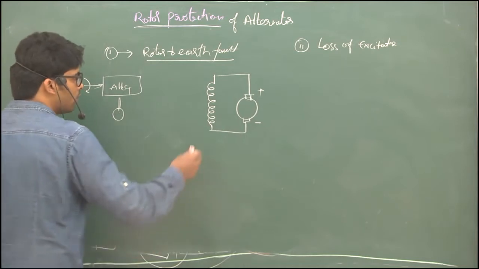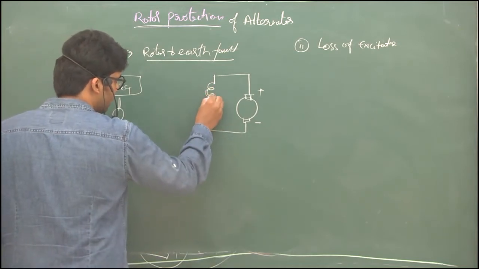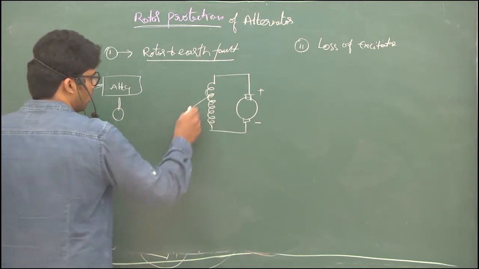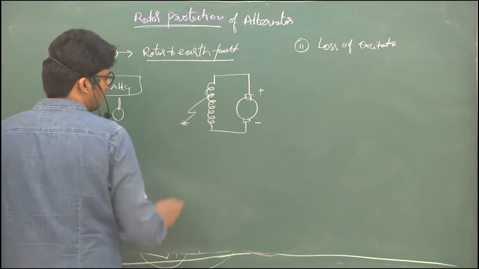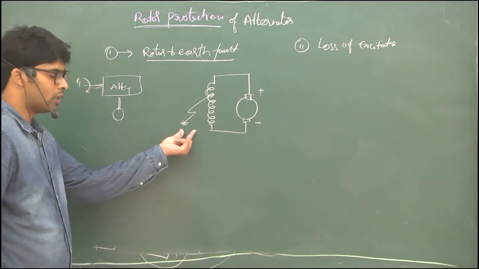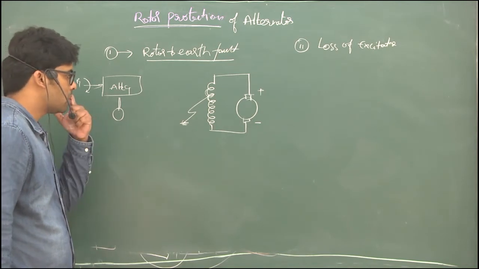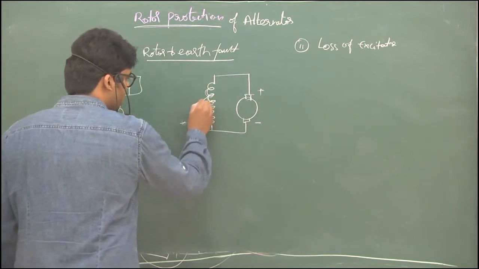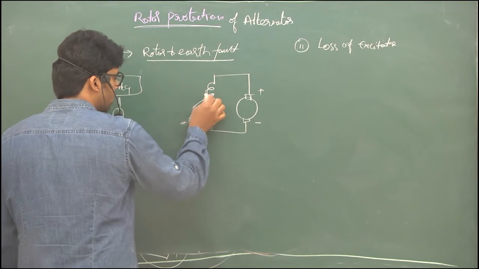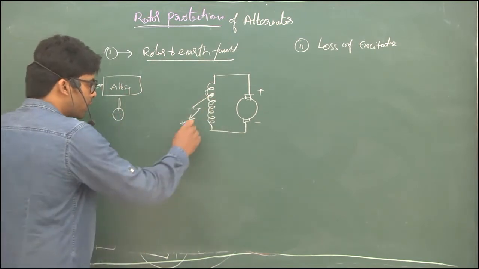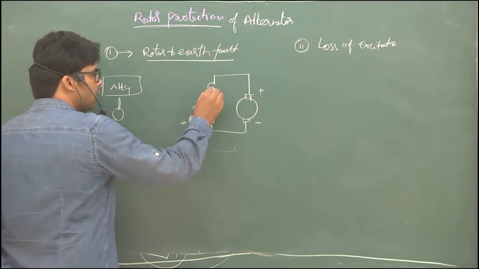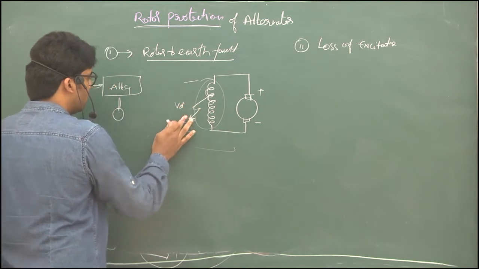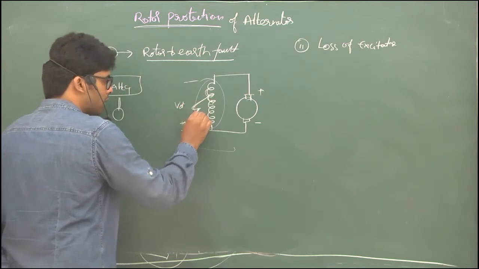So what a rotor earth fault means is that this phase winding is connected to ground, which means we have a phase to earth fault. When one phase to earth fault takes place, there is no much impact because this is a DC. Why there is no much impact? Because this field is not directly connected to a core, so it is connected to ground. If it is connected to ground, there is no problem with the voltage produced across this, which will be directly given to the alternator when one ground fault takes place.